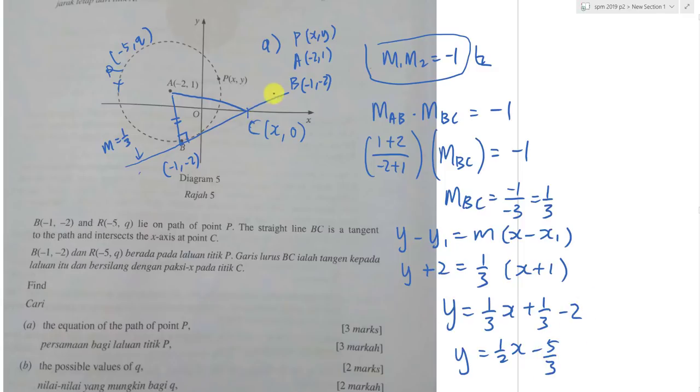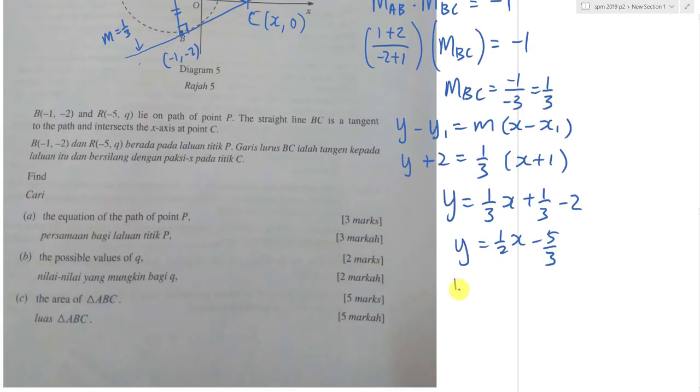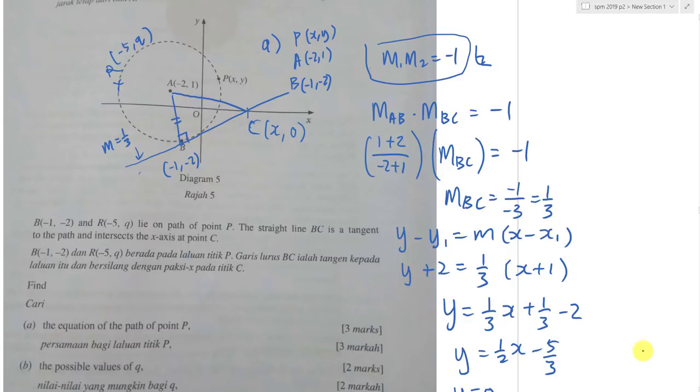So yeah, in order to find the x-intercept of this straight line BC, this is a straight line BC, okay? I will make y equals 0. So my y will equal 0. So yeah, I will have 5 over 3 equals the half x. Then my x equals 10 over 3. So I got my coordinate C already, which is 10 over 3 and 0. Okay, so yeah, I got the coordinate C here is 10 over 3,